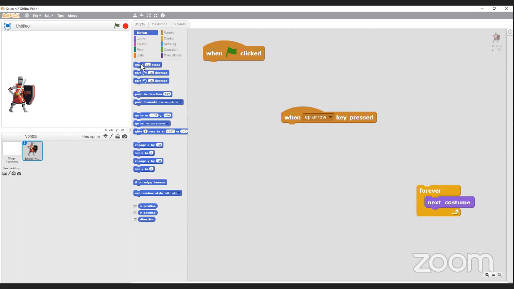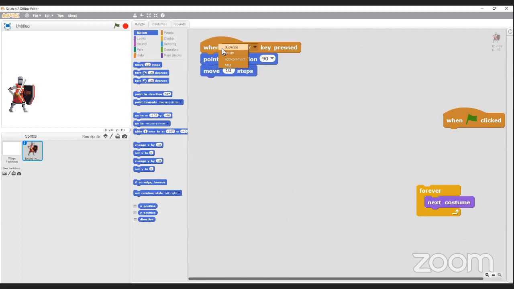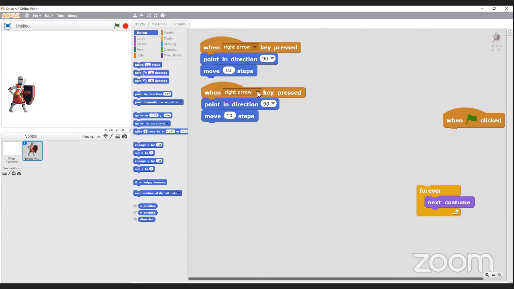let's say move. First, it's going to point in direction. Let's do right arrow first. It's going to point in direction 90. Remember that 90 is showing to the right. And then I wanted to move maybe 10 steps. Okay, and I showed you this yesterday, I think, as well. I'm just going to go over this quickly. I'm going to duplicate this, right click on it, click down, and then I'm going to say when the left arrow is pressed, I'm going to face in the opposite direction, which is